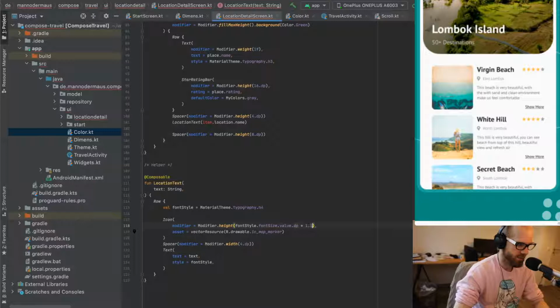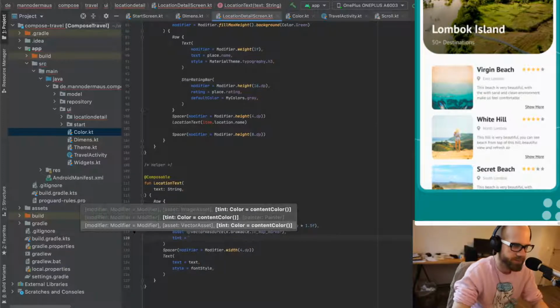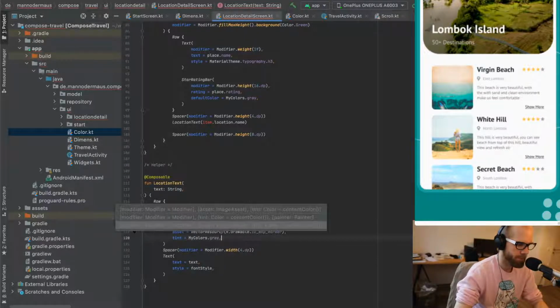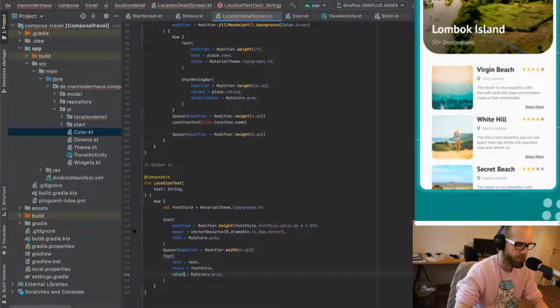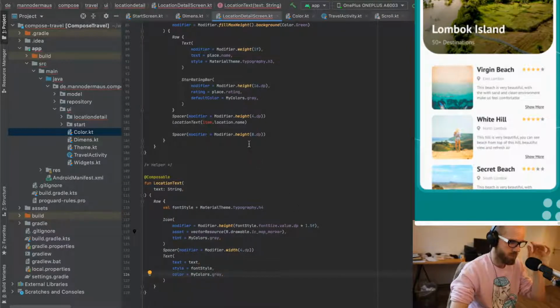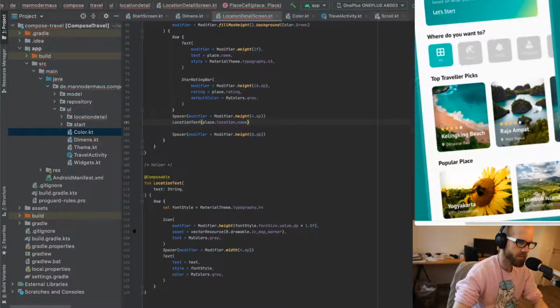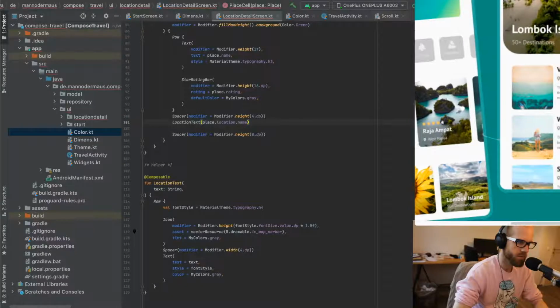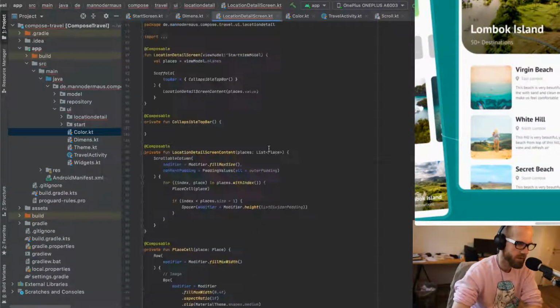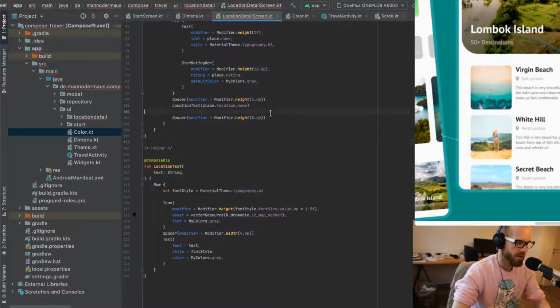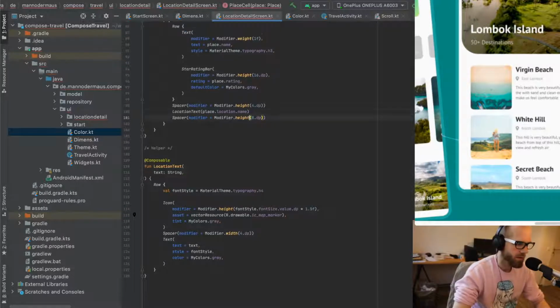It's kind of like bigger than that, so like 1.5 times that. Then tint is going to be... Let's also do gray. Okay, good. Then we have another 4-dip spacer